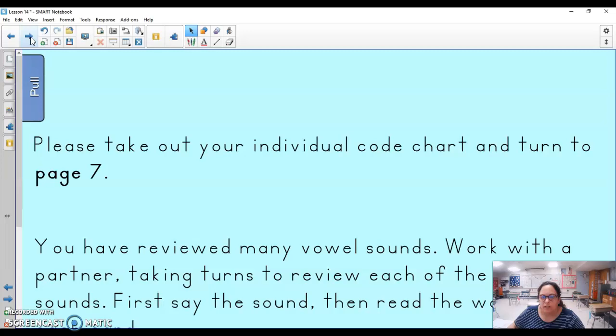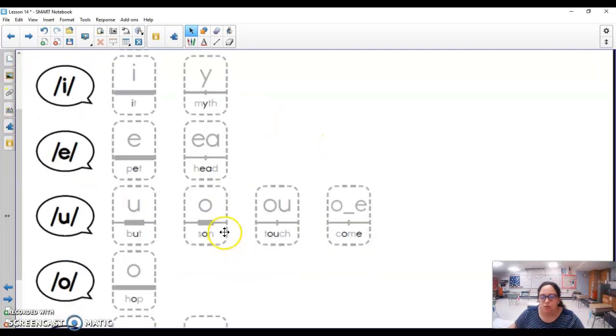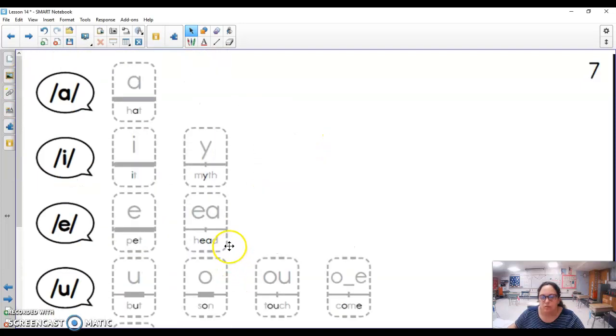So on your consonant code flip book, you've reviewed many vowel sounds. So I want you to go ahead and review all of these vowel sounds. Okay? So what you're going to do is you're going to say